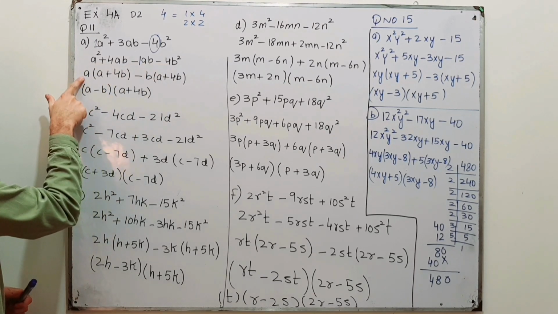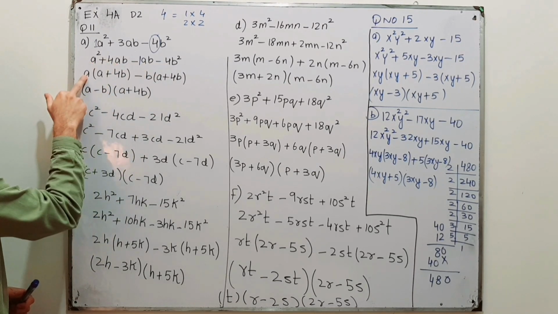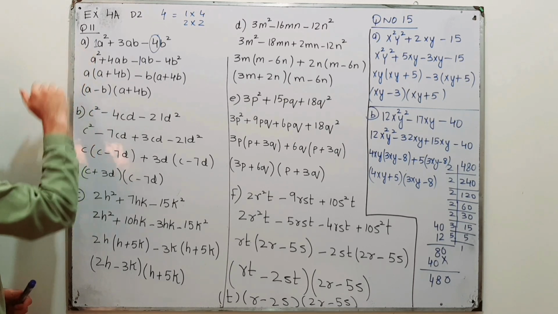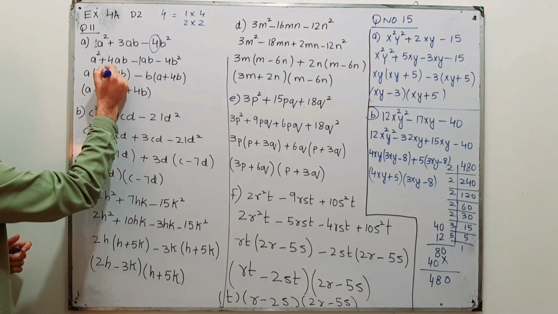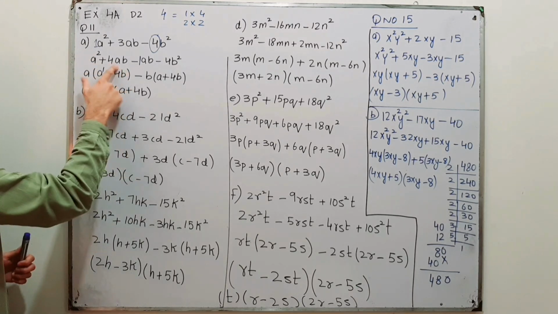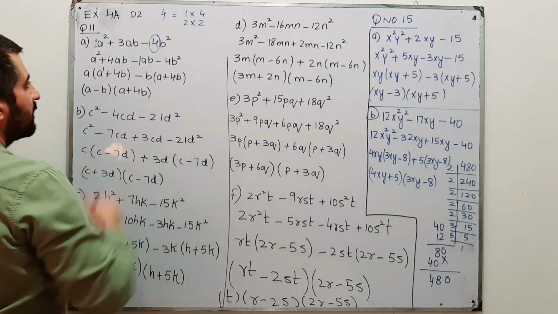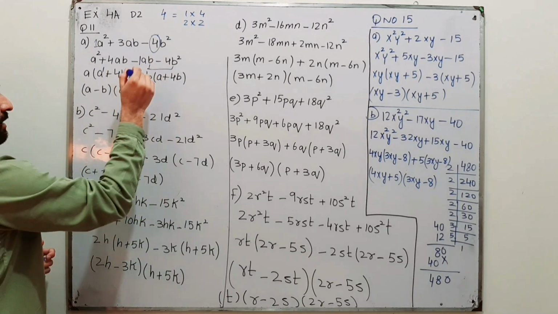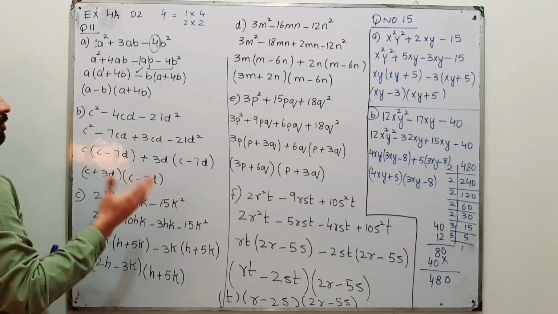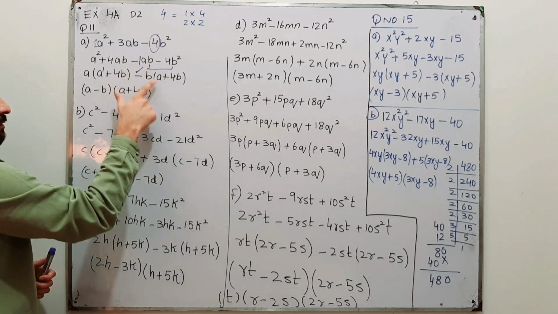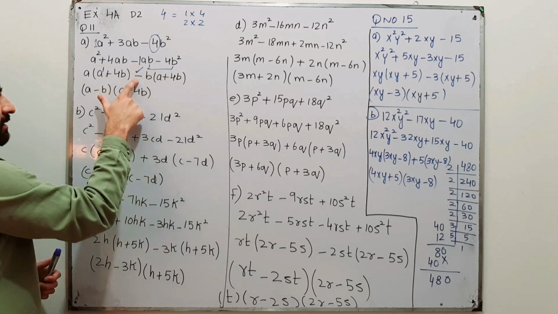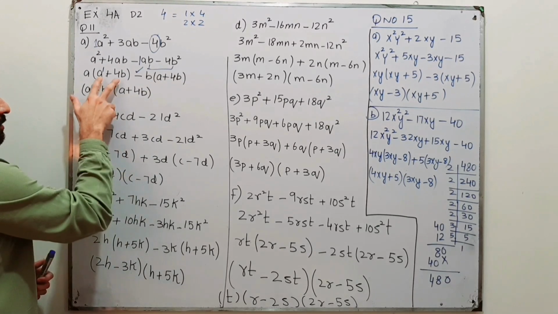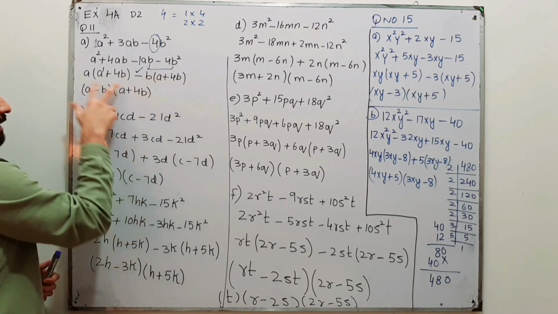From the first two we have a common, a is here as well as here, so take out a as common. So we are left with a, because out of this a square, a is taken out as common, so we are left with a raised to the power 1, plus 4b. Now from these two we will take out b as common, as well as minus. So when you take out b, we are left with a and 4b, while minus is taken out as common, we have to change the sign. This is minus over here, this is plus. So now one factor is a plus 4b and the second factor is a minus b.